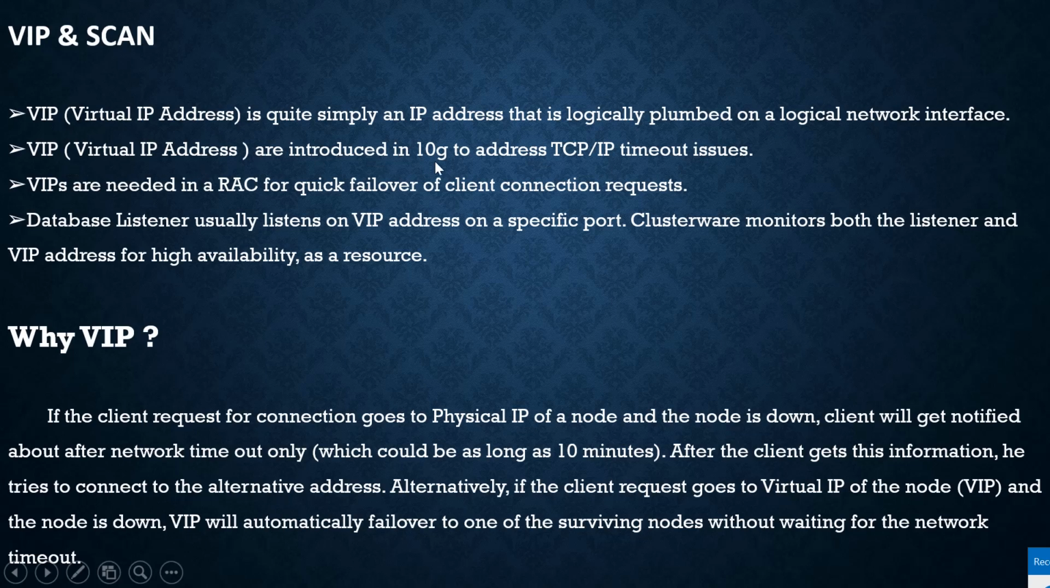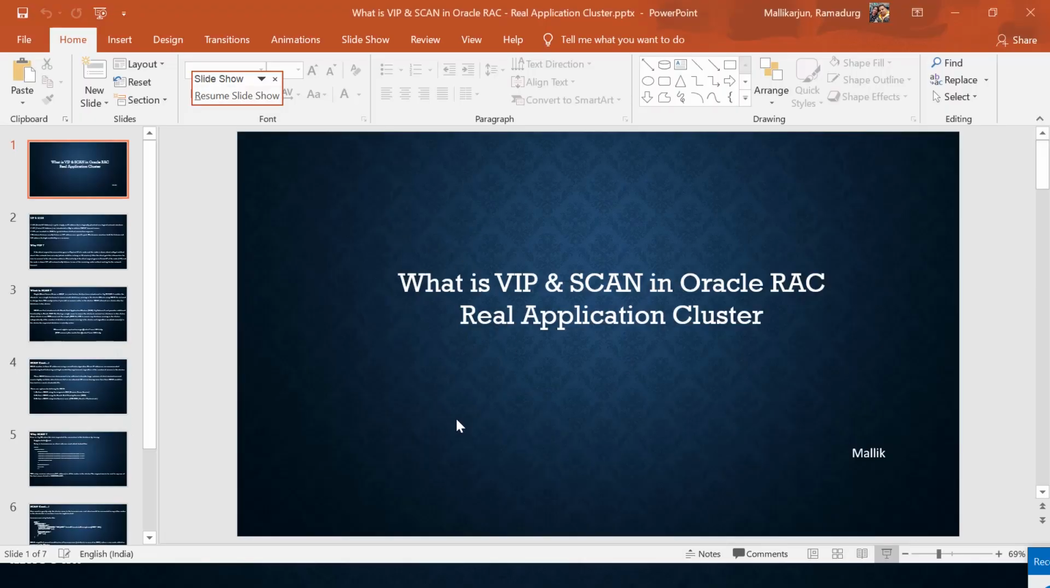And VIPs were introduced in 10G. Starting from Oracle 10G, the VIP concept came. VIPs are needed in RAC for quick failover. So as I told, if the client connection request happens via VIP, even though the node fails, your connection will be switched to any surviving node in the cluster. So the database listener usually listens on the VIP address. As I told you, your application server or database,